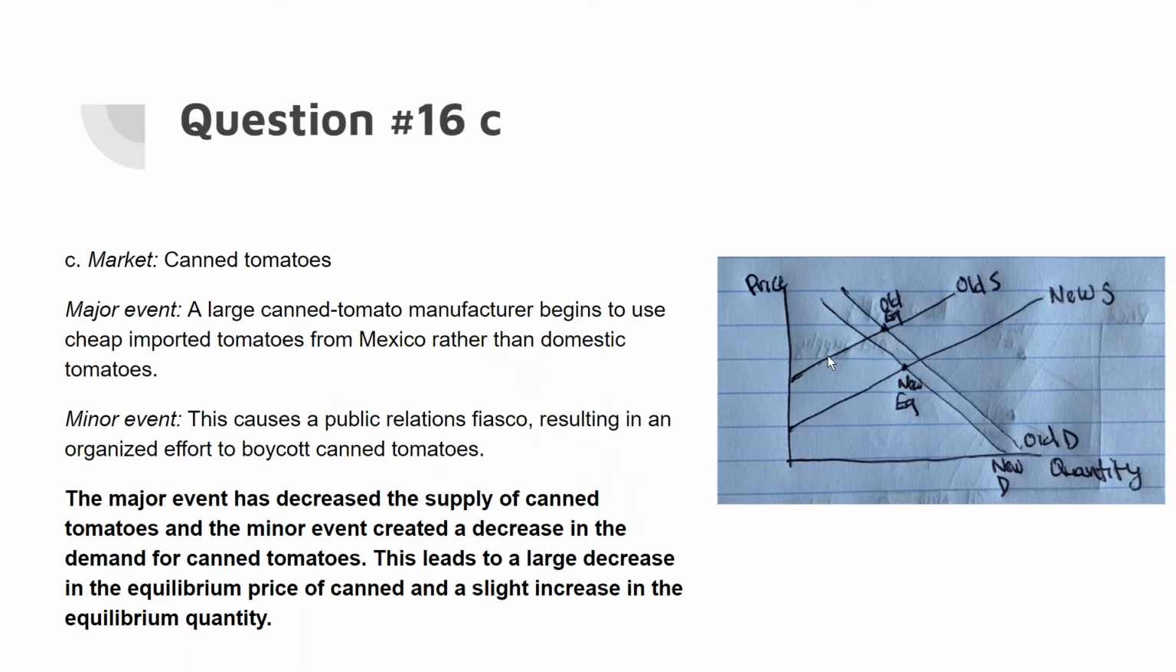In 16C, with canned tomatoes, there's an increase in the supply of canned tomatoes, but due to press, there was a decrease in overall demand for canned tomatoes. So what you get is this decrease overall by a bit in equilibrium price and a slight increase in equilibrium